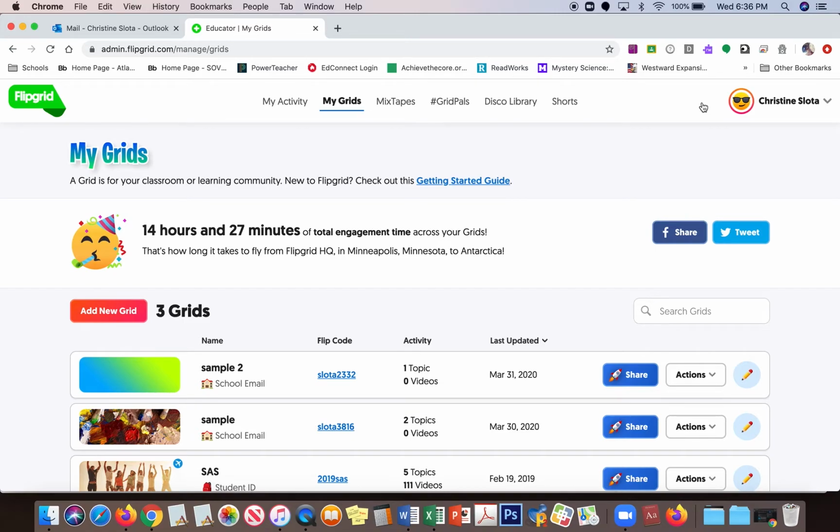Once you have your account ready, you'll come to a screen that will say My Grids. It's basically your dashboard. You'll have one welcome grid that's just kind of like a tutorial. What you'll want to do to start your first Flipgrid is you'll want to add a new grid. So you'll click on Add New Grid,